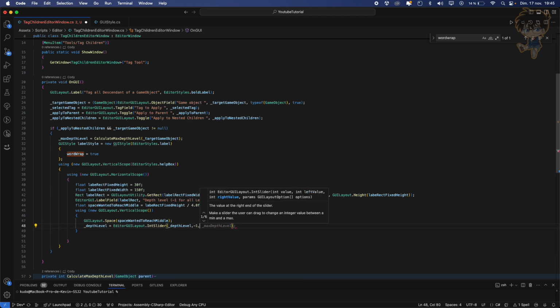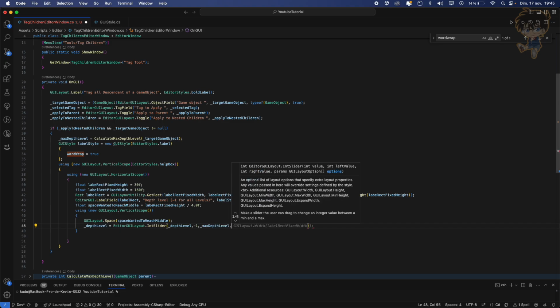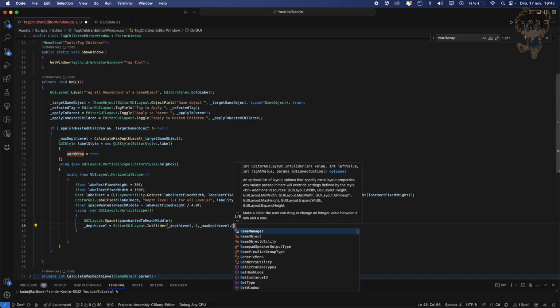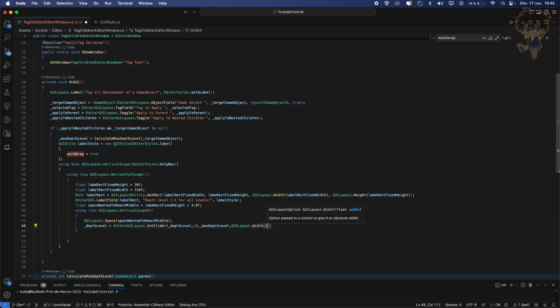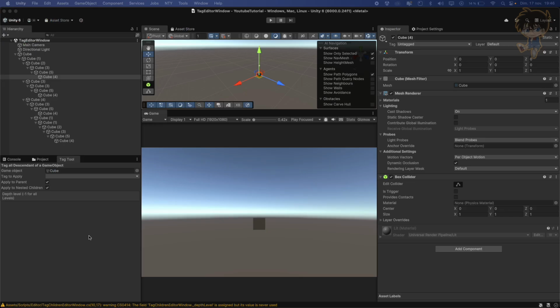After, we want to use the max depth level, so the max we want to reach, and also we want a width for the slider. So we can say GUILayout.Width, and we can put, for example, 200. Now we can save this and head back to Unity, and as you can see here, we